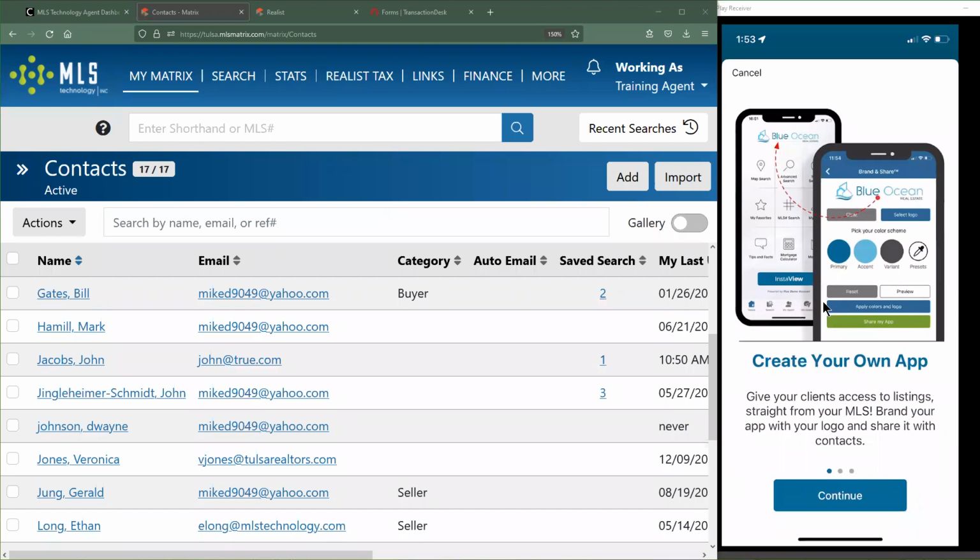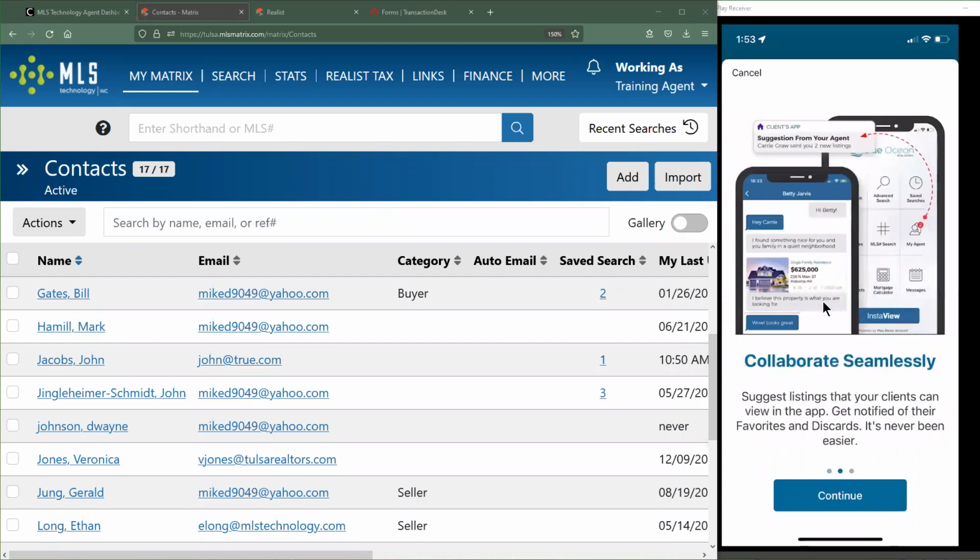Since almost every single person I've ever met has a smartphone, with the rare exception being a couple of realtors I know, this is a great option because most people aren't going to necessarily be as interested in going to One Home and feeling like they have a completely separate interface to use, and it's not in an app, so they're going through the browser. Having an app and having it branded with your information is going to make it seem like you guys are really top dogs. And that's exactly what you guys would prefer for them to think.